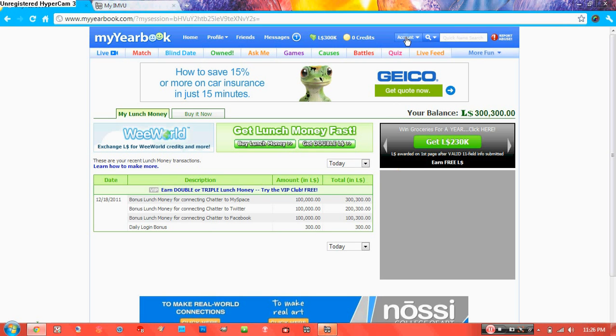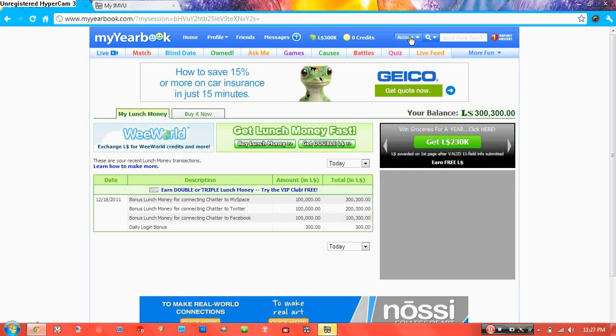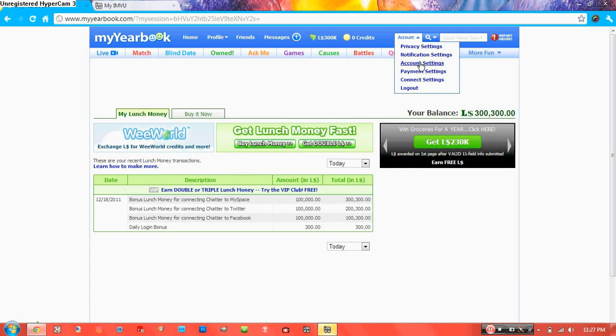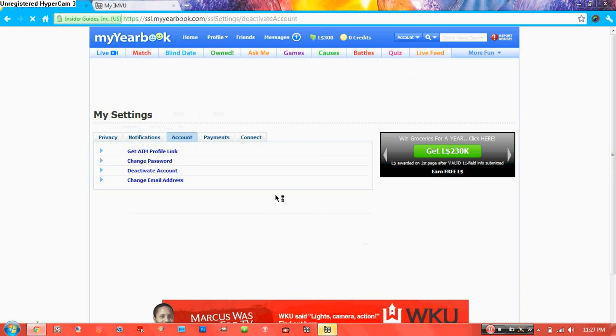Alright, now the last step, and I guess you don't really have to do this, but I do because I do this every day, and if you have a bunch of accounts open on MyYearbook, then it won't let you make any more accounts. It will refresh the sign up page. So I would advise you to do this last step when you get done. So what I'm going to do is I'm going to click account up here by the search bar again, and then I'm going to click account settings, and I'm just going to deactivate my account. Should be a link that says deactivate account,